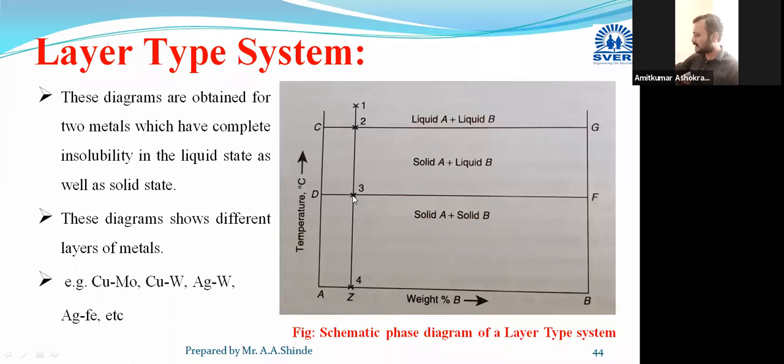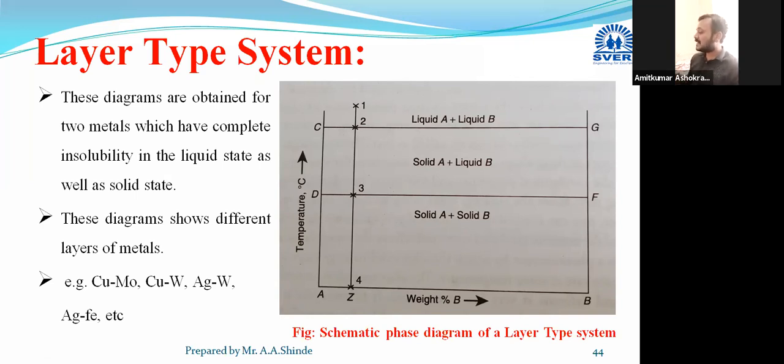Then when the temperature reaches point 3, below this point 3, liquid B reaches its melting point. Below that point D, this liquid B gets transferred to solid, and a mixture of two solids will be there. Draw one round, show half part by horizontal lines and half part by inclined lines, and highlight one part as solid A and another part as solid B. A mixture of two different solids means layers will be obtained. Some layers may be horizontal, some inclined, or vertical layers may be obtained.